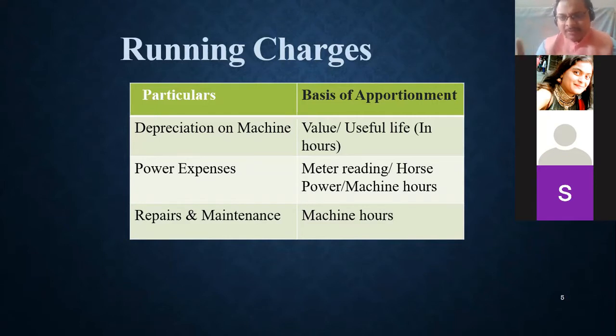The machine hour rate can be classified into two ways: standing charge and running charge. When you find out standing charge per hour and running charge per hour, you just club these two and you will get the machine hour rate. Is this clear, everyone? So this depreciation we have to find out per hour. Generally, we get depreciation on some fixed percentage of the cost value, if you remember. Yes or no? Yes, sir. But here we have to assume that depreciation is a running charge.